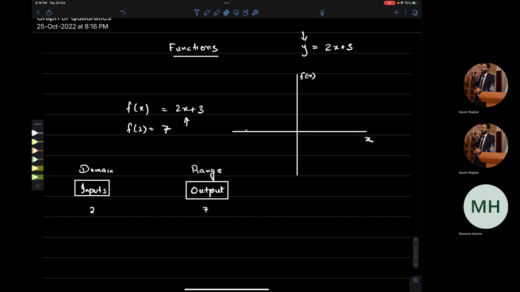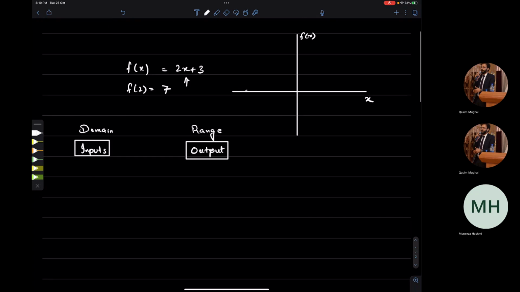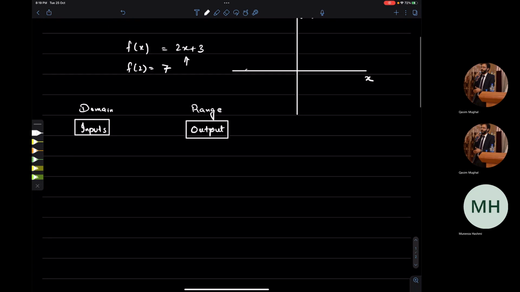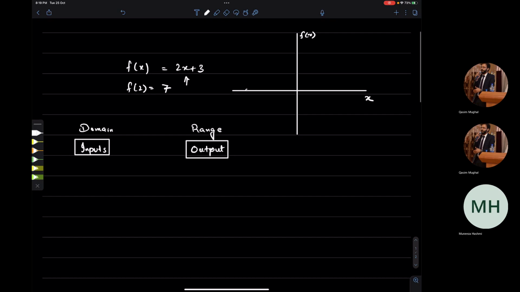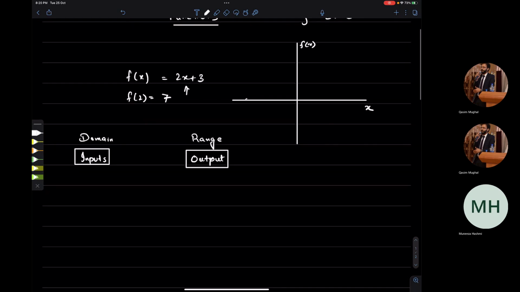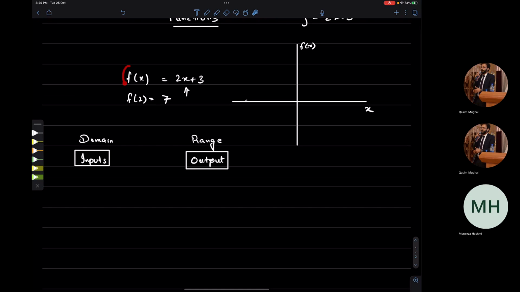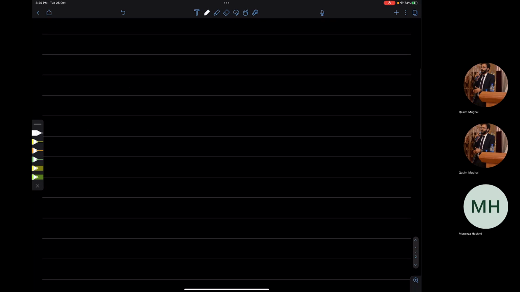Not every equation can be written as a function. There are a few equations which are not considered functions. We'll be talking about it in detail later on, but for now, this was very important in order to understand the graphs of the quadratics in a better way, especially when it comes to their applications. Okay, now